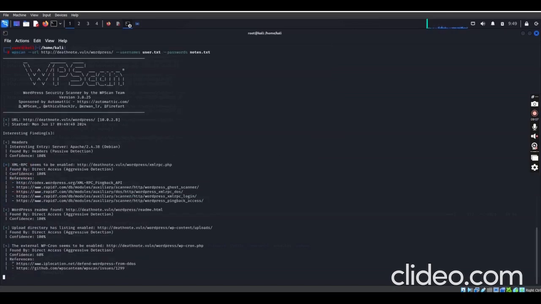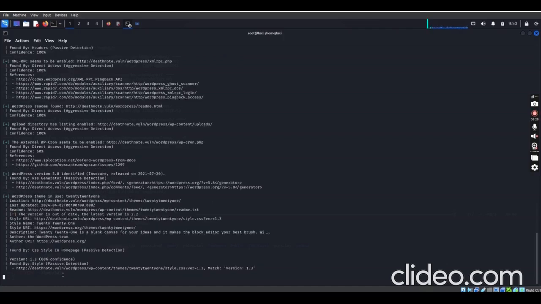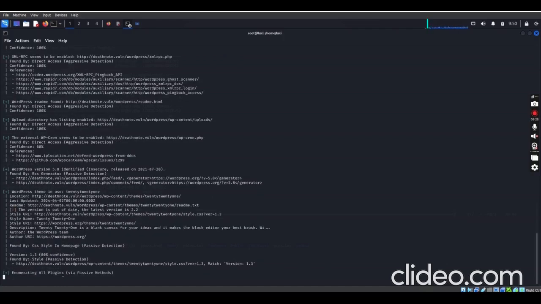Once it gets to a point, you start seeing it trying every name from those files, the usernames and the passwords in the notes.txt.